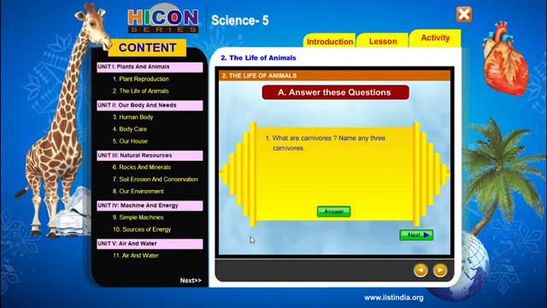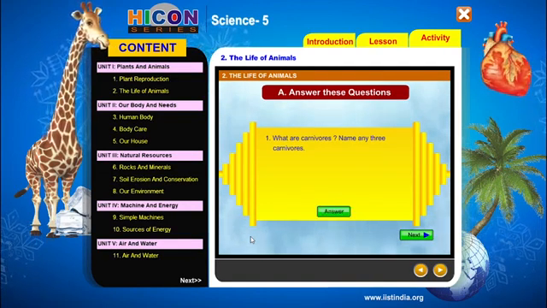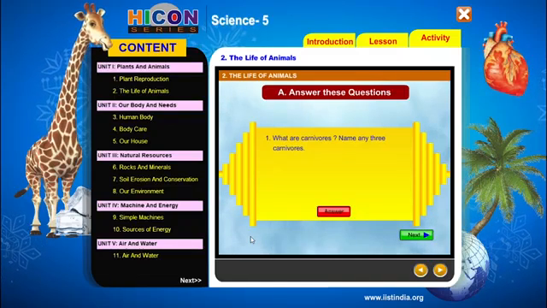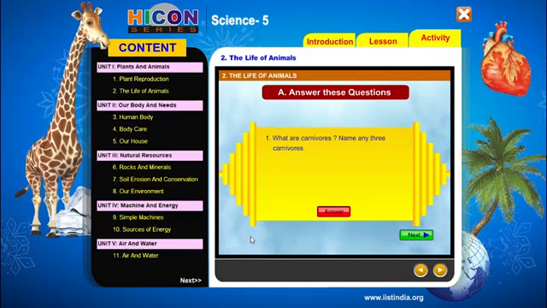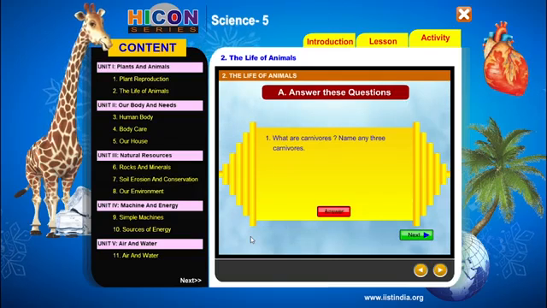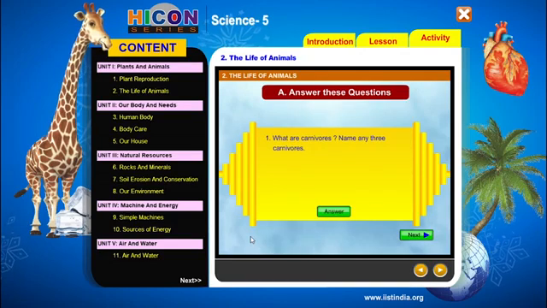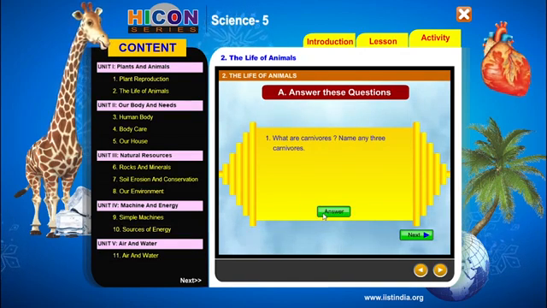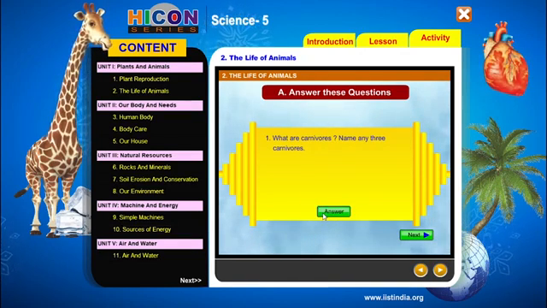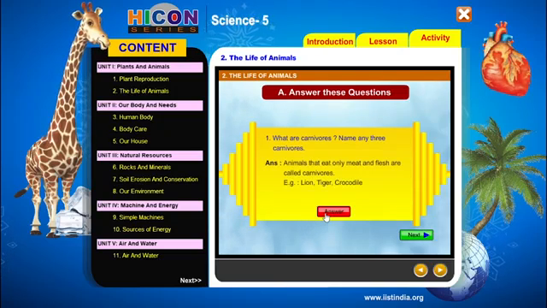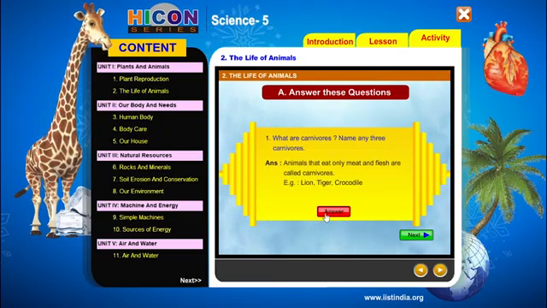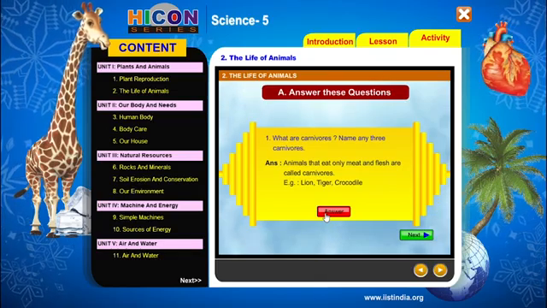So children, see the first question. What are carnivores? Name any three carnivores. See once again. What are carnivores? Name any three carnivores. Now the answer for this question is: the animals that eat only meat and flesh